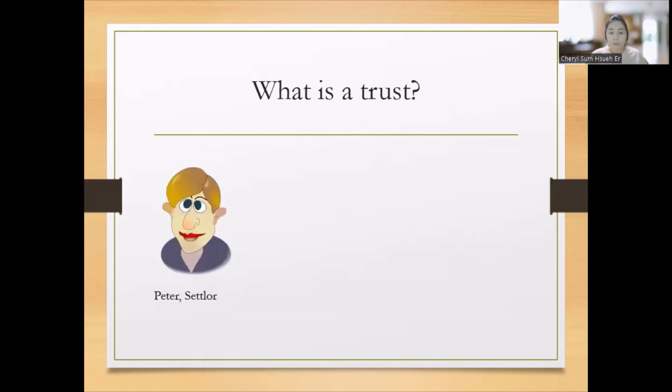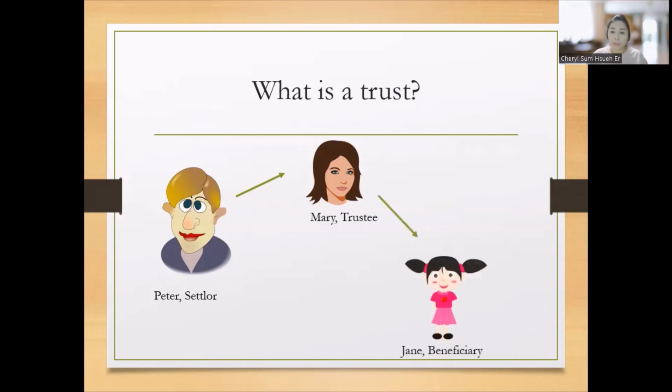Now, it always starts with this person called the settlor. Let's call him Peter. Now, Peter, who is the one who owns the property, then transfers this property to a person called a trustee. Now, the point about transferring this property to the trustee is not for the trustee, it's not a gift to the trustee, but rather a trustee is merely there to be the legal owner who bears the legal responsibility to take care and manage this property on behalf of someone else known as the beneficiary. Now, ultimately, the beneficiary is the one who should be receiving all kinds of benefits from this said property.